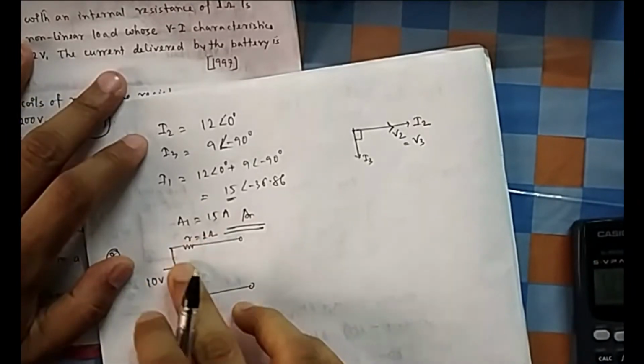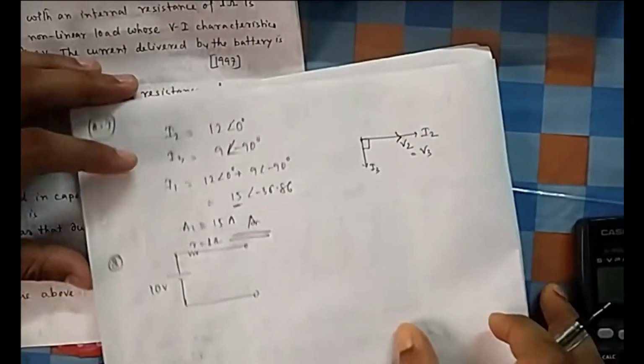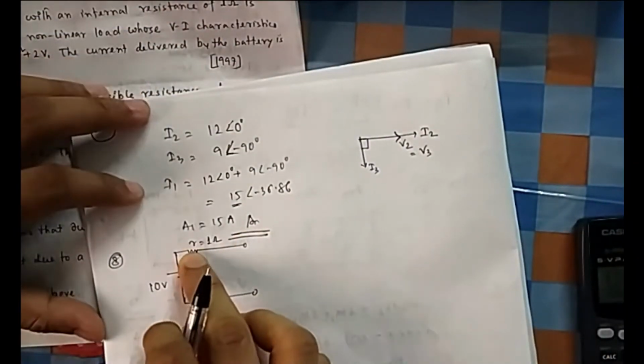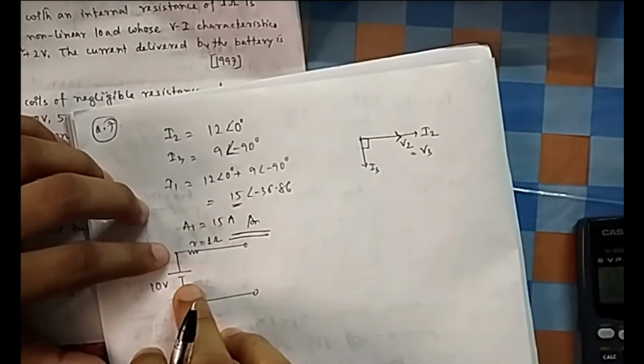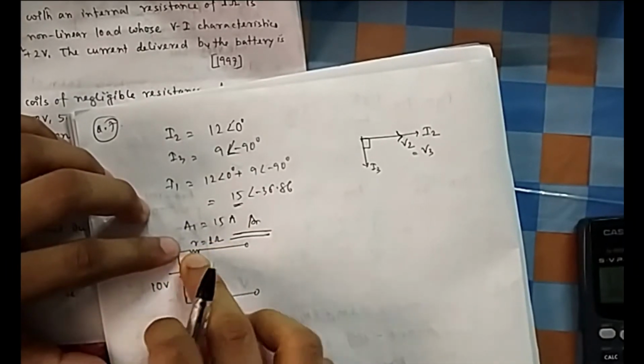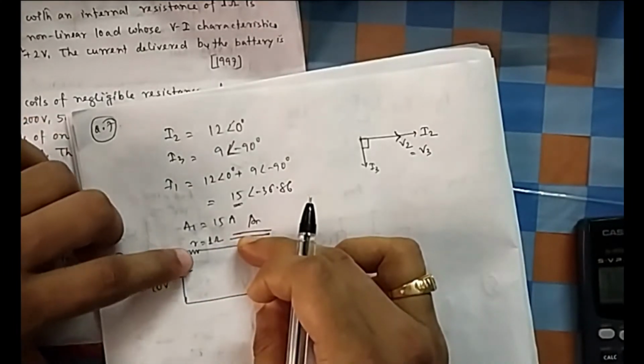You can feel it: the first question was about the current source. The current source had a resistance in parallel, because you are not getting the full current. Here, because it is a voltage source battery, you will not get the full voltage, some voltage will be dropped. So how to indicate that drop? Connect a series resistance, so that when current passes through, you will get some drop, and here you will get 10 volt minus this drop.